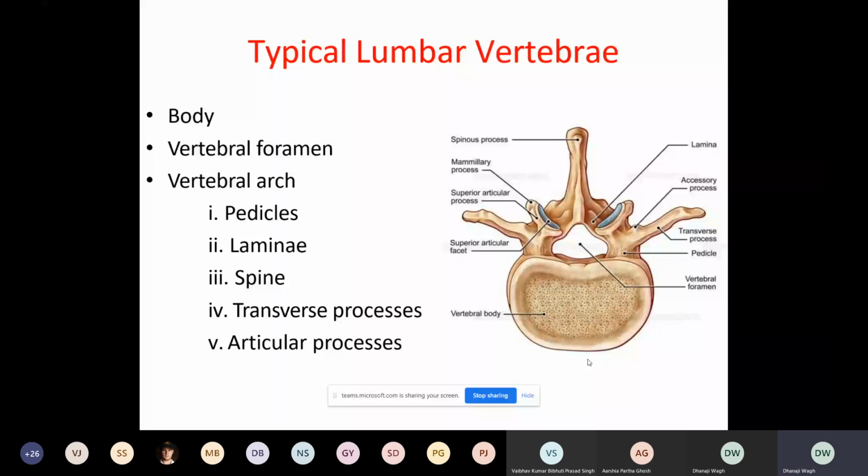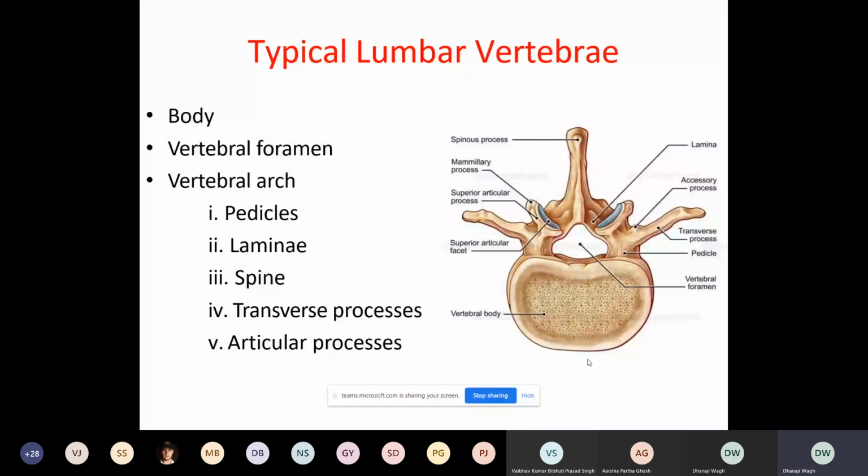Now see this superior articular facet. In this diagram, you can see a blue colored label marking: superior articular facet, articular process. It is further apart than the inferior. This superior articular process bears the facet, facing medially and backward. Then the posterior border has a marked rough elevation, which is called the mammillary process.